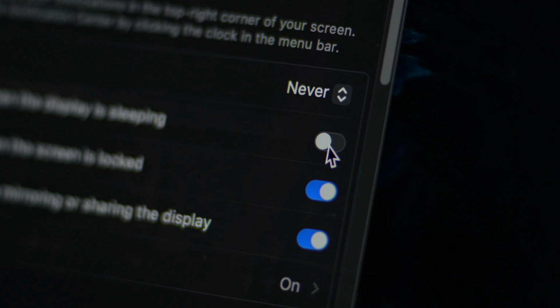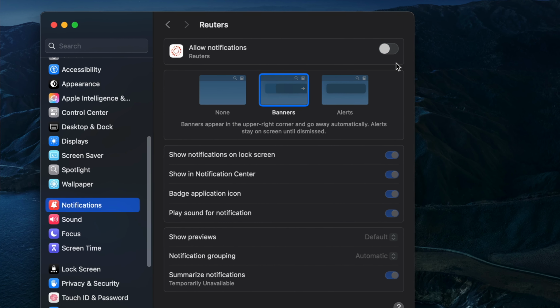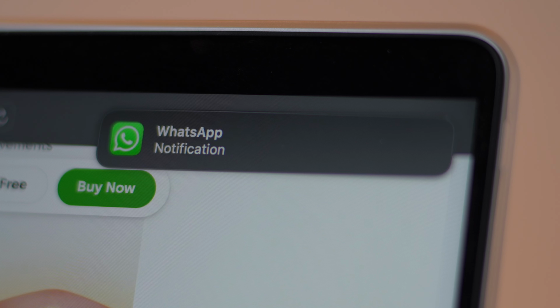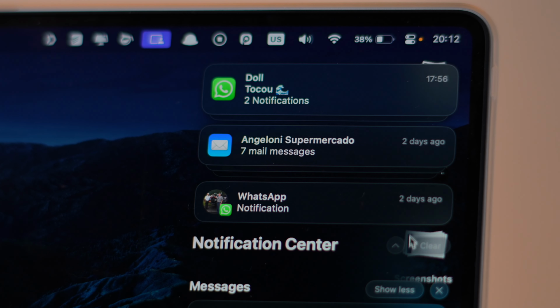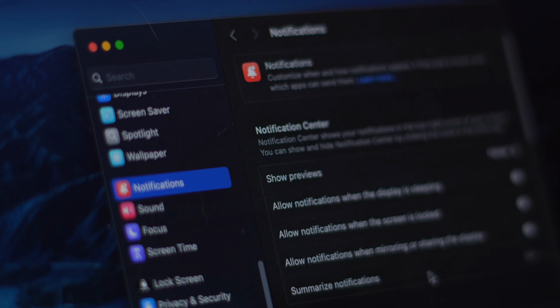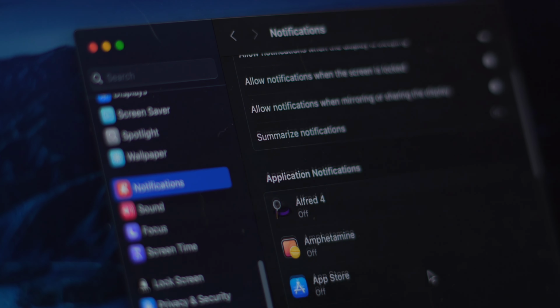I have switched off all of the possible notifications on my Mac, but why do I keep seeing this? Notifications on your Mac have their own logic, and if you don't understand them, it's not your fault. This video will save years of your life, keeping you from distractions, as I'll explain how to outsmart the default